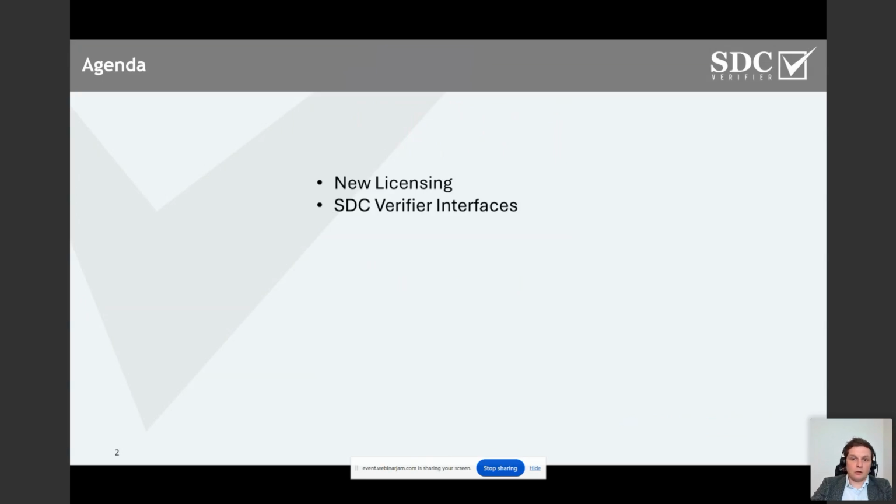SDC Verifier. Not all of you may know that SDC is available in 4 different configurations: SDC for VMAP, SDC for ANSYS, SDC for SimCenter, and SDC Verifier. Today I'll highlight some of the interfaces of that. Big thing for those heavy users of SDC who have to input multiple commands, we have introduced the keyboard shortcuts. We'll show that. Of course, we will guide you through the list of new standards and modifications in the standards